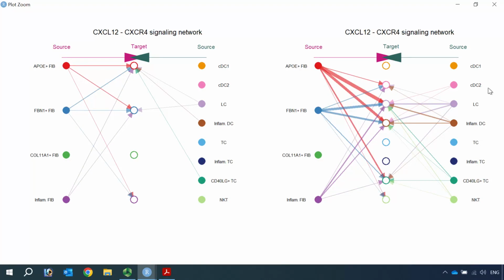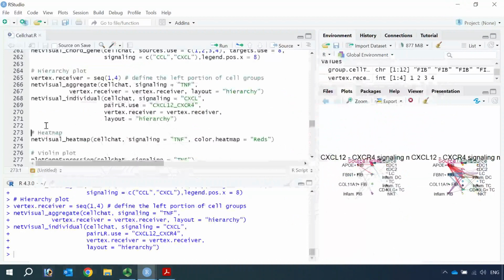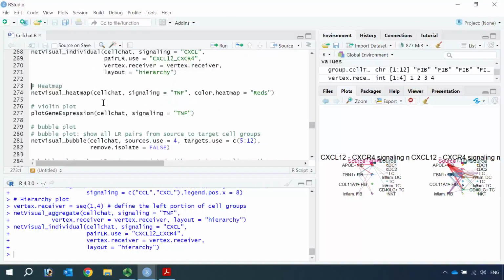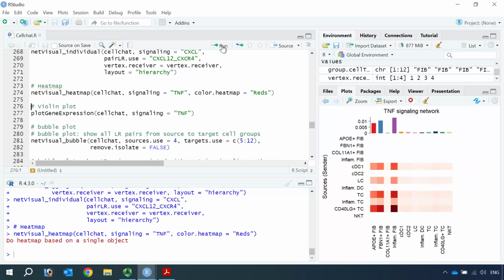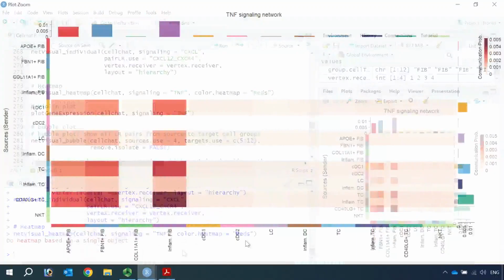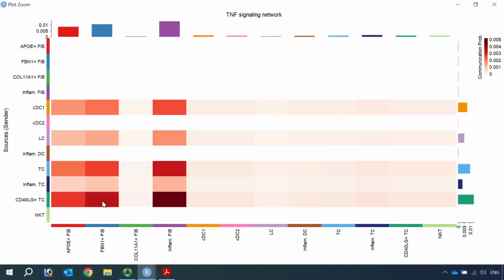So I explained to you how to use the hierarchy plot. You can also generate the heatmap and the wiring plot for the CellChat object. We can use the TNF-alpha function again to generate the heatmap for the interactions. We can zoom in. You can see the heatmap for the